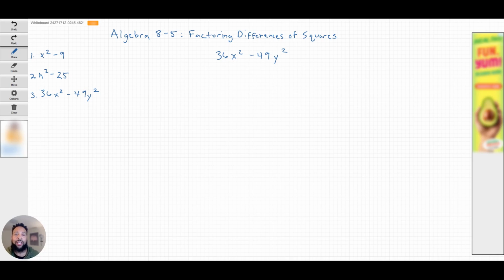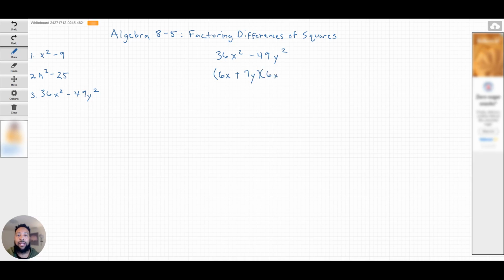So as you can see here, 36 would be 6 times 6, and 49 would be 7 times 7. So we automatically know that the factors for 36x squared minus 49y squared are 6x plus 7y, and then